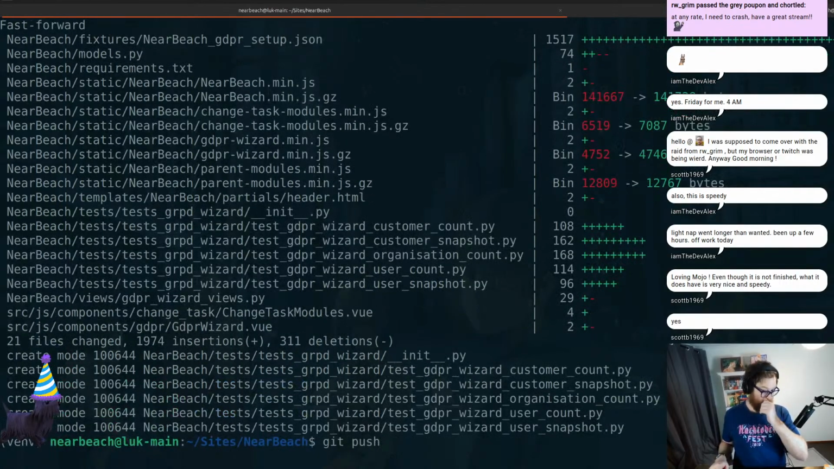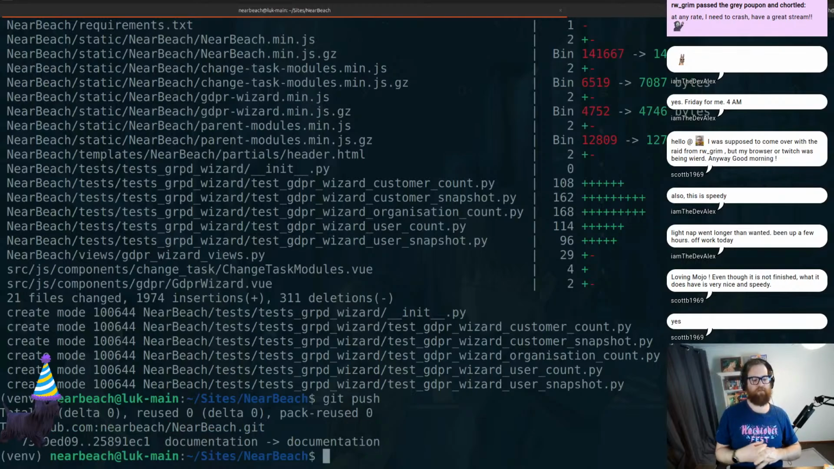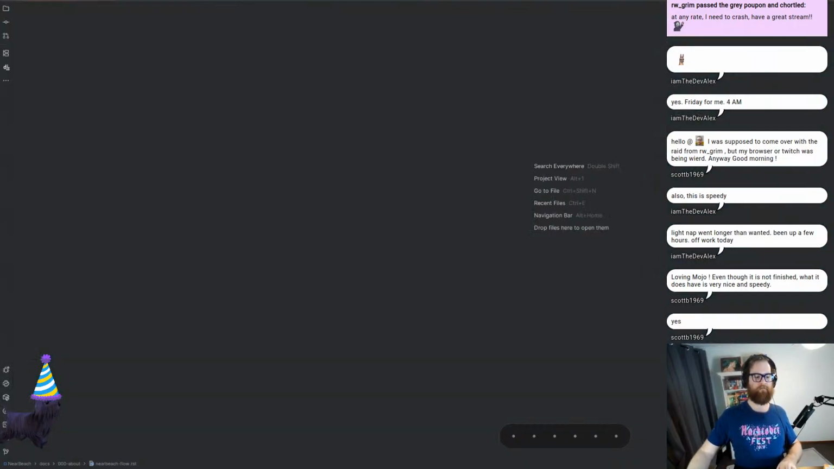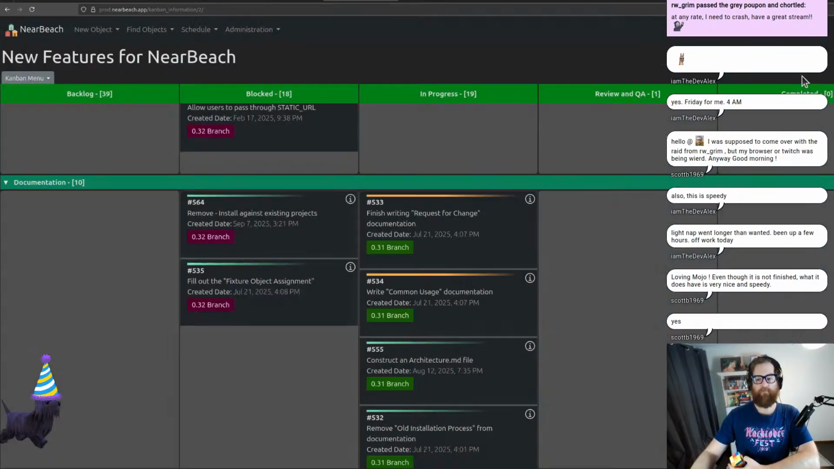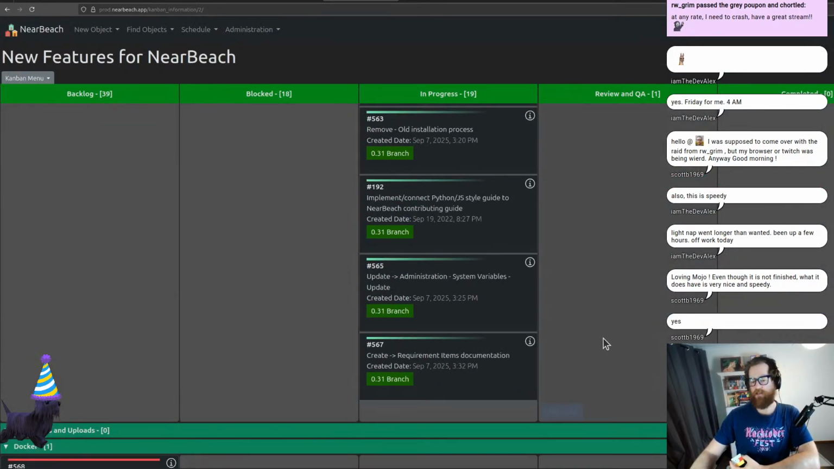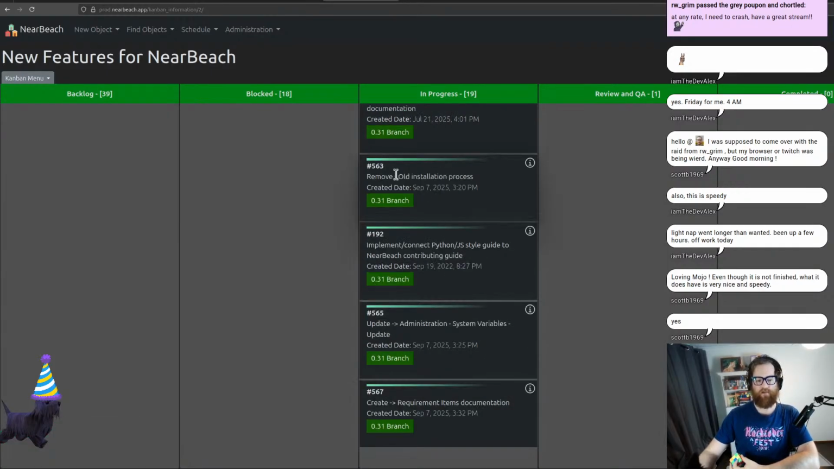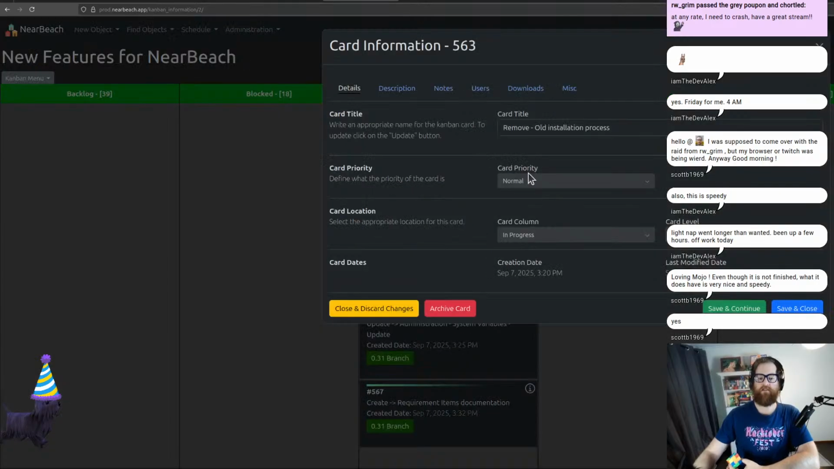And the reason why I'm doing that is so everything just lines up perfectly fine. So, yeah. All right. If we go into the Kanban board itself, we have a bunch of things which we could probably do straight away. So we've got to remove the old installation process. I'm thinking, no, moving forward,